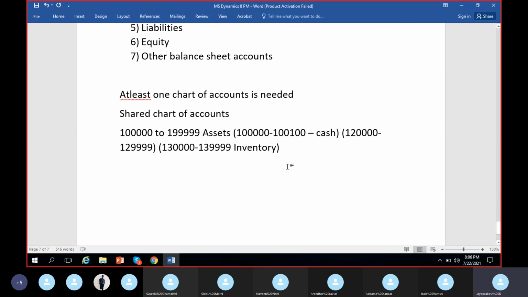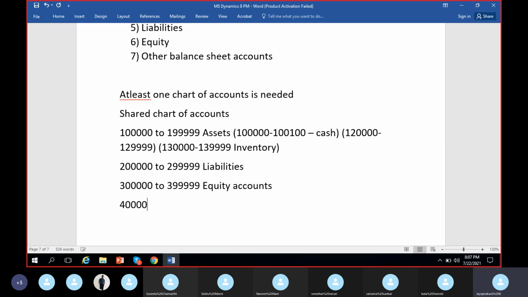Apart from this individual segregation, I'll just go with the main allocation of numbers. So 2 lakhs to 2,09,999, I'll select all liabilities accounts. Whatever liability accounts I decide to create will always fall under this number sequence. Again, 3 lakhs to 3,09,999, I'll have equity accounts. And 4 lakh to 4,99,999,